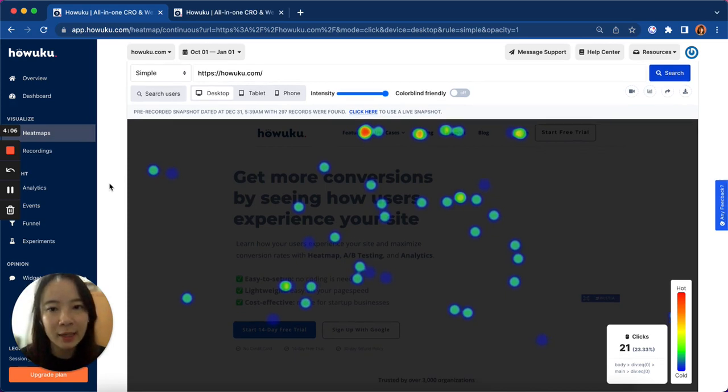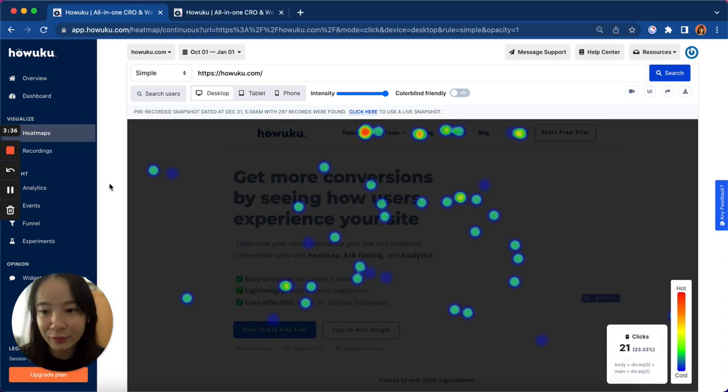Yes, so that is how you can use click Heatmaps to quickly find out whether people are interacting with your key elements, key call to action buttons on your page, right? So you can look at your navigation menu, and then you can also look at your footer to see what some of the information is that your visitors are looking for, because they scroll down to the bottom of your page, and then